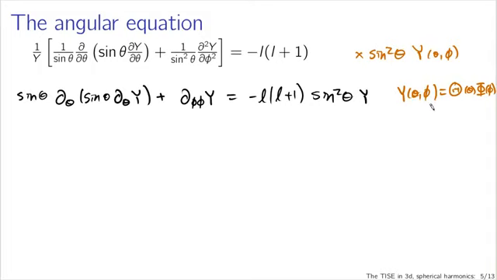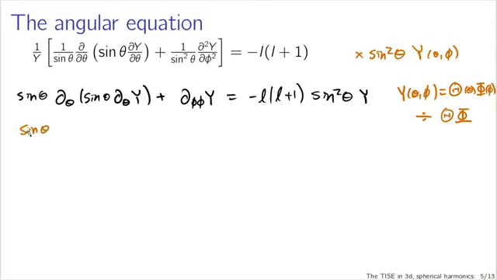If you go through the same exact sort of procedure, substituting this in, my partial derivatives with respect to theta will leave my phi's untouched. My partial derivatives with respect to phi will leave my thetas untouched. And as before, I will want to divide through by theta phi to more effectively separate things out. When you do that, what you will end up with is this part is just going to be by itself. Since it has a theta dependence, I'm going to lump it together with this term. And what we'll end up with is